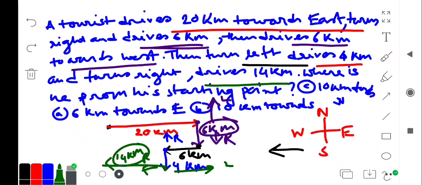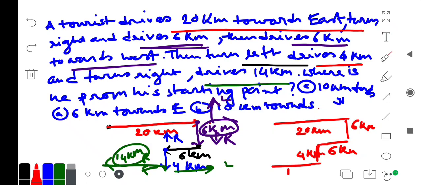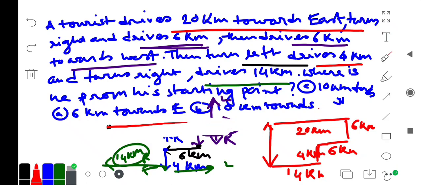Okay, ছবিটা দেখে এরকম মনে হচ্ছে ছবিটা এরকম হবে, কারণ এখানে প্রথমে 20 কিলোমিটার গেল, তারপরে 6 কিলোমিটার, তারপরে এখানে 6 কিলোমিটার, এখানে যাবে 4 কিলোমিটার, এখানে বাকি 14 কিলোমিটার। তো আমাকে এইটুকু ডিস্টেন্স বার করতে বলছে। ঠিক আছে, ওকে, এটা আমি মুছলাম।